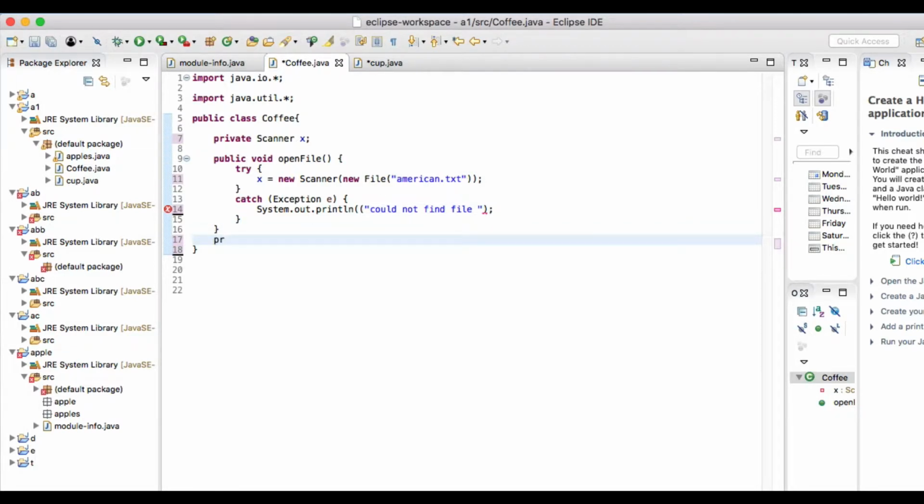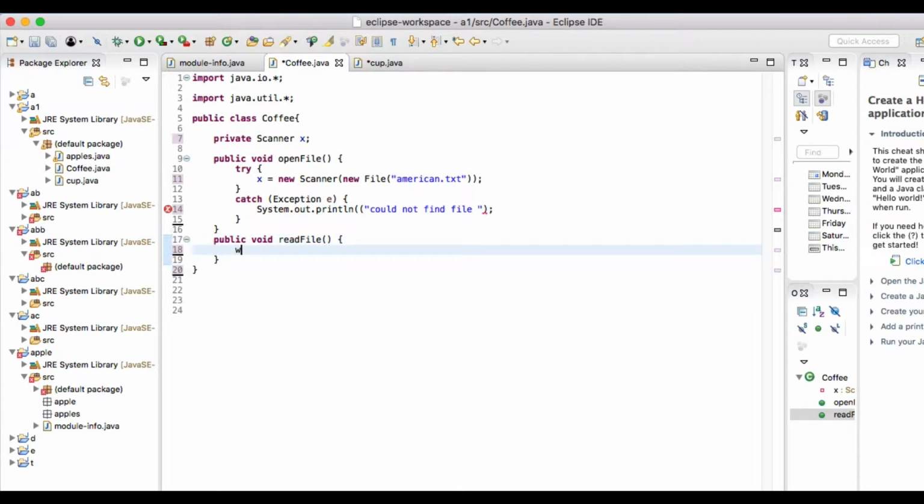To do that I'm going to create another function called readFile, public void readFile, and in this one we are going to create a while loop,